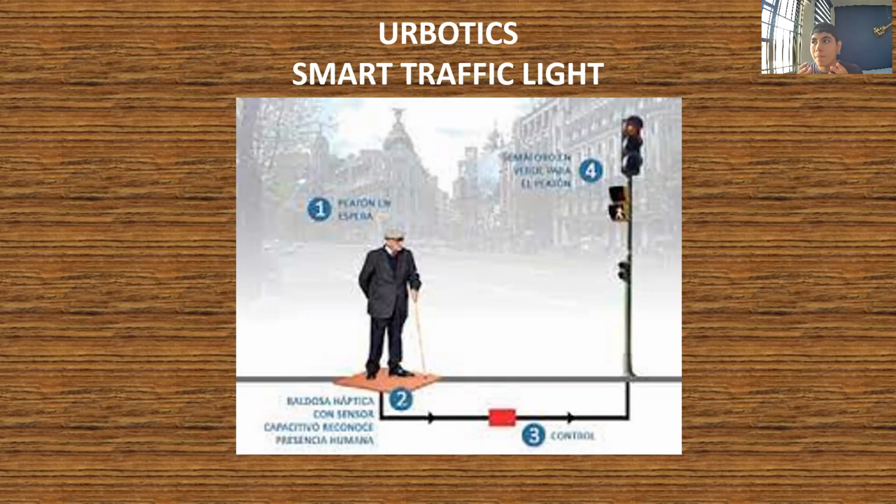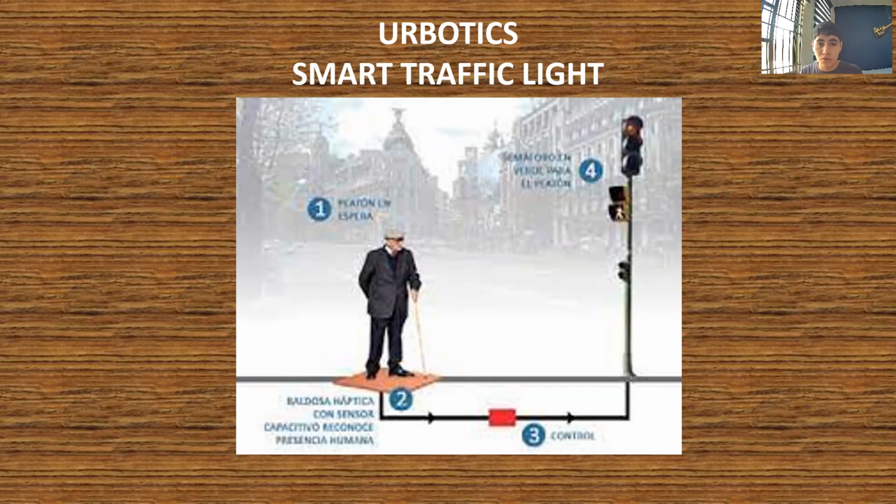Robotics is made of two main parts: the urban installations and the automatization. For example, I will give an example. We have this narrative where a grandpa is trying to cross the street. The grandpa is